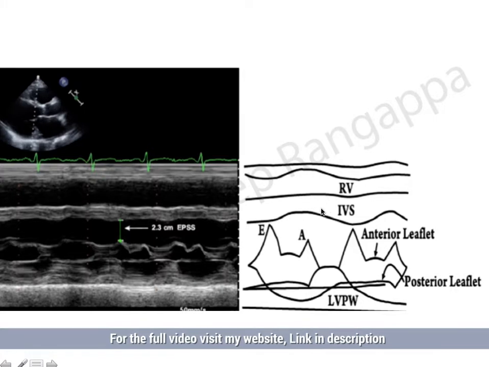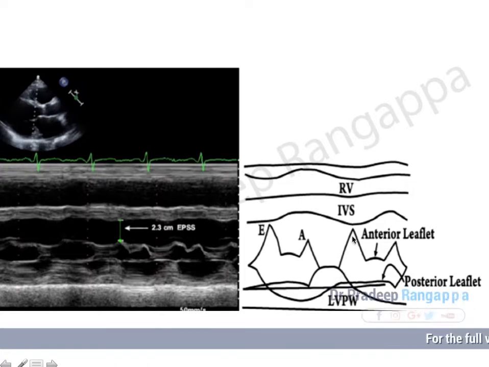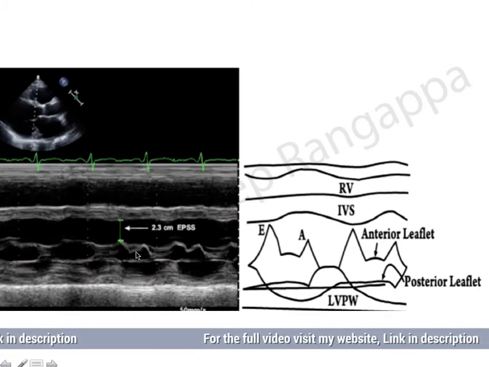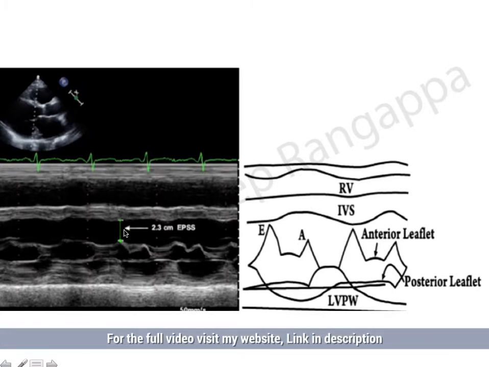So figuratively, this is how the excursion of the mitral valve leaflets takes place. So as you see, this is the interventricular septum, and there is an excursion of the mitral valve against it. So you will have this anterior leaflet and posterior leaflet. So you have an E wave and A wave. And you look at the distance between this and the interventricular septum. So you would get an image like this. So you put a caliper and measure the distance from here to the interventricular septum and get a number,